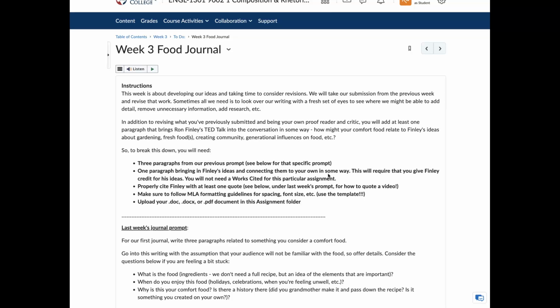So think about your topic sentence from that paragraph and how it not only is identifying that you're bringing Finley or those ideas in, but also connecting it to your comfort food. So topic sentences are just really helpful in that way to make sure that you are organizing your ideas in a way that is helpful for your readers, right? We want to be as kind as possible to our readers